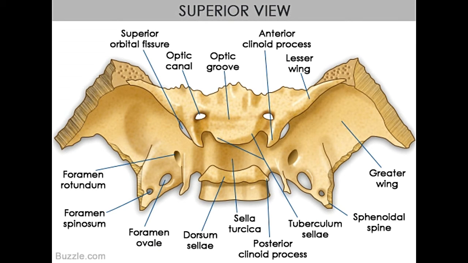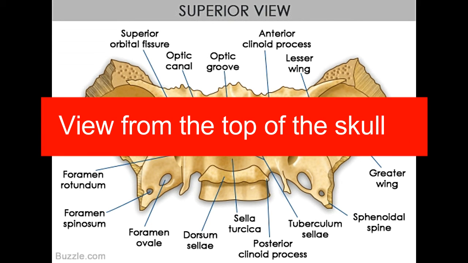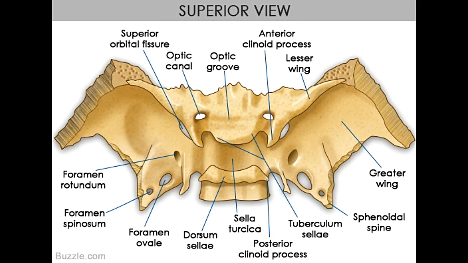Lesser wings, also called ala minor, are actually the smaller of 2 flattened, triangular-shaped, wing-like bone plates that extend on the lateral surface on both sides of the body of the sphenoid bone. Below them lie the paired greater wings. Optic canals that lead into the orbits of the eyes are located at the base of the lesser wings. The lesser wings are a tiny section of the medial posterior wall of the orbit, and their free edges act as a border between the anterior and middle cranial fossae.